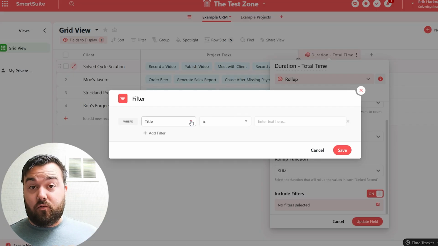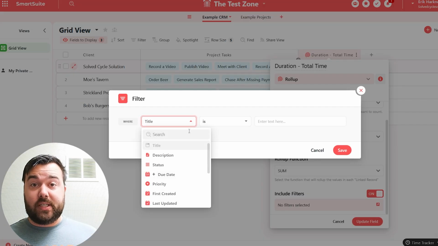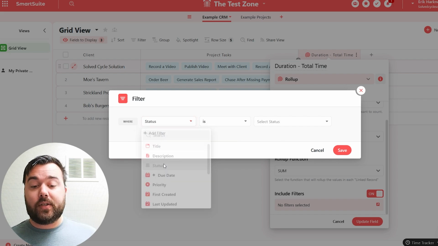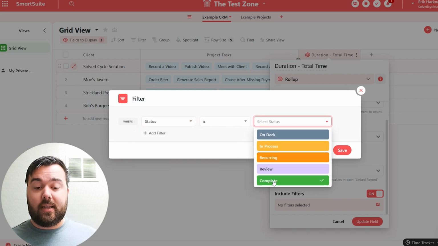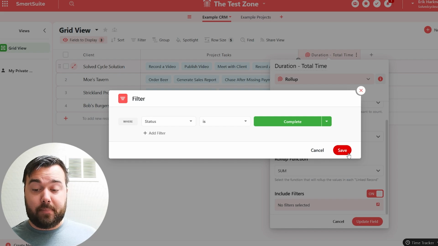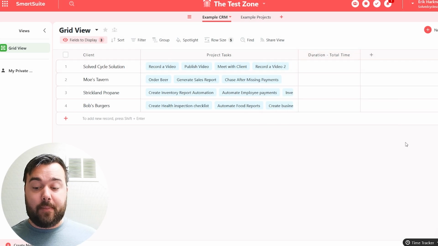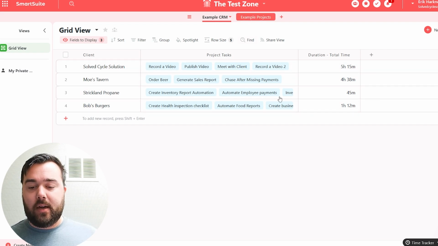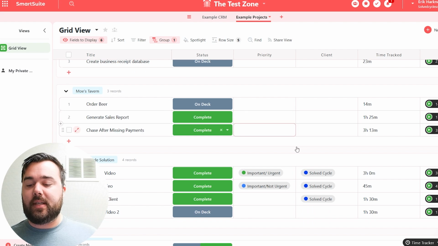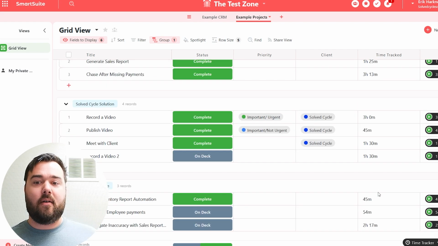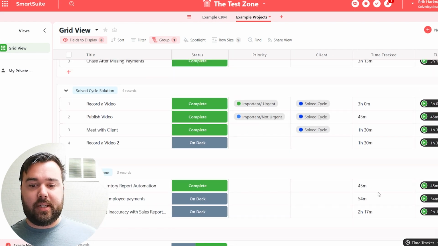This will allow me to roll up the specific records that meet a very specific criteria that I want. So in this case, I'm just looking for anything where the status is complete. So I click that and I hit update field and give it a minute, and you'll see that all the time that I had set up here matches with the specific tasks that I have marked as complete over in